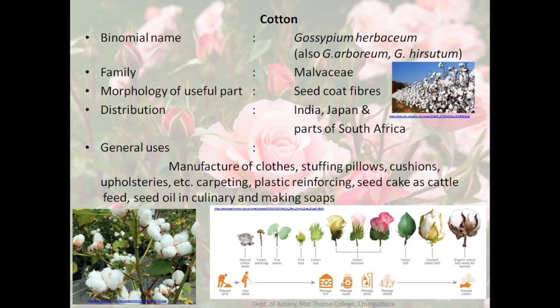And coming to the useful part, the seed coat fibers are used as the fiber part. The major countries in which cotton plant is cultivated is India, Japan, and some parts of South Africa. It is known that the black soil of the Deccan Plateau and the peninsular India is the best for cultivating cotton. General uses of cotton plant or cotton fiber includes manufacturing of clothes, stuffing of pillows and cushions and